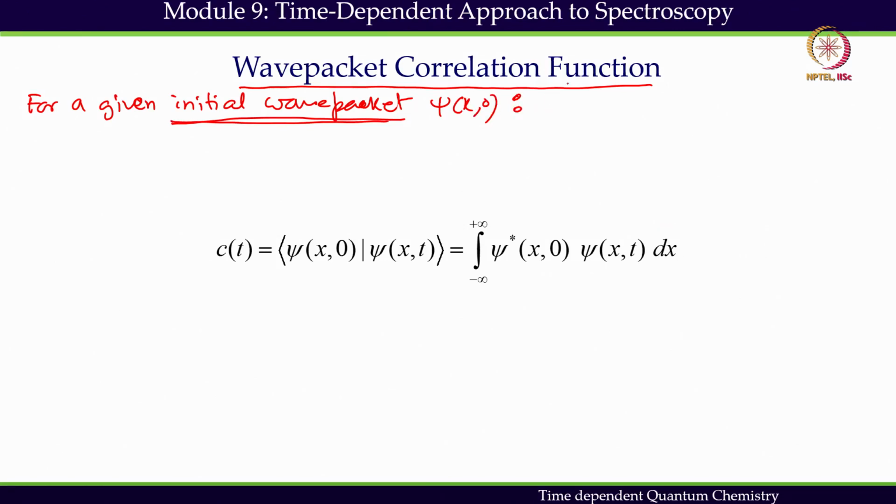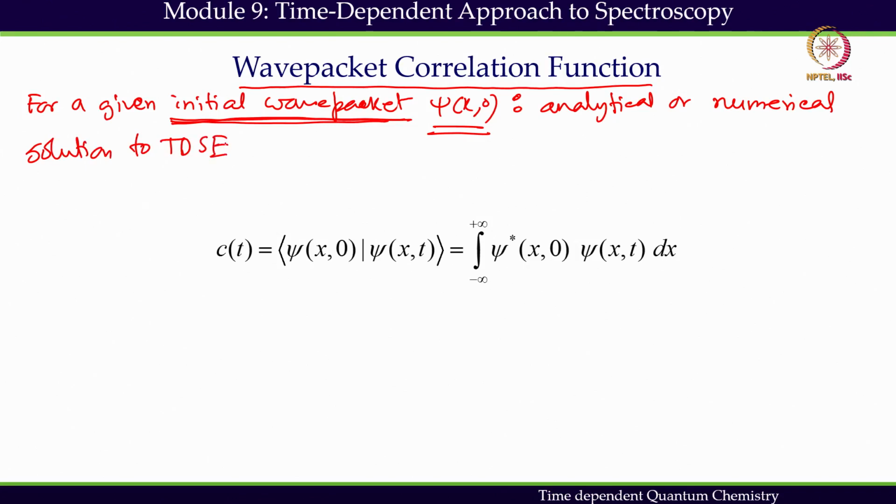For this given initial wave packet, either I can do an analytical solution or numerical. Most of the problems need to be solved numerically, but we can have an analytical solution, particularly for a Gaussian wave packet. We have seen that an analytical solution is possible for a Gaussian wave packet. Now, for the translational motion, for a given initial wave packet psi x 0, an analytical or numerical solution to TDSE